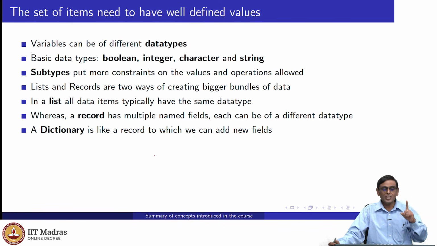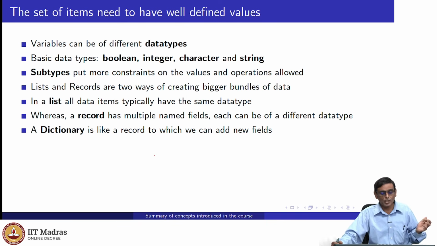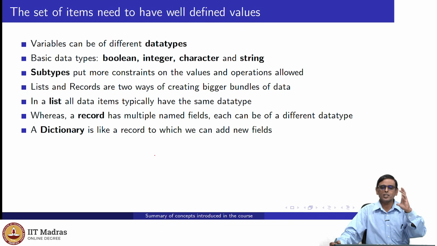Now later on, we introduced this new crazy thing called a dictionary, right? List we saw, it's fine, list is okay. Some of you may be wondering, what is this record, what is this dictionary, are they the same, are they different, and so on. The difference really is that a record is fixed, right? All the fields are given to you. When the data type is defined, the record is defined. So all the fields are defined, so you can't do anything. Whereas a dictionary, you can keep adding fields, you can delete the fields, you can do all those things.